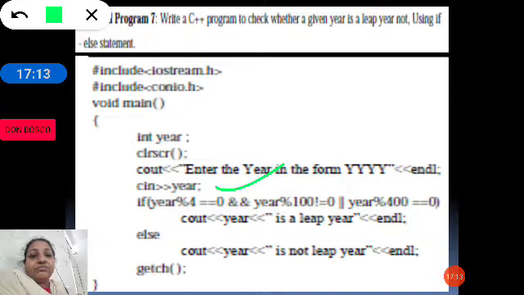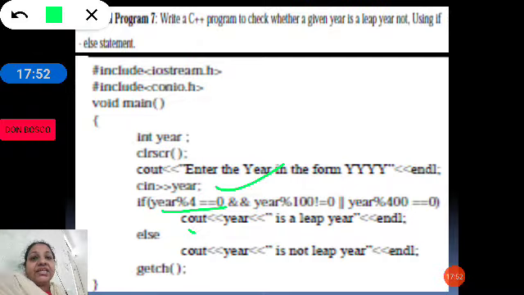So what we will do is, we will divide the year by 4, and if we get the remainder as 0. So you divide 2020 by 4, you will get remainder 0. You divide 2021, you will get remainder as 1. 2022 you will get 2 remainder, and you divide say 2023, again you will get 3 remainder. 2024 you divide by 4, you will get remainder as 0.